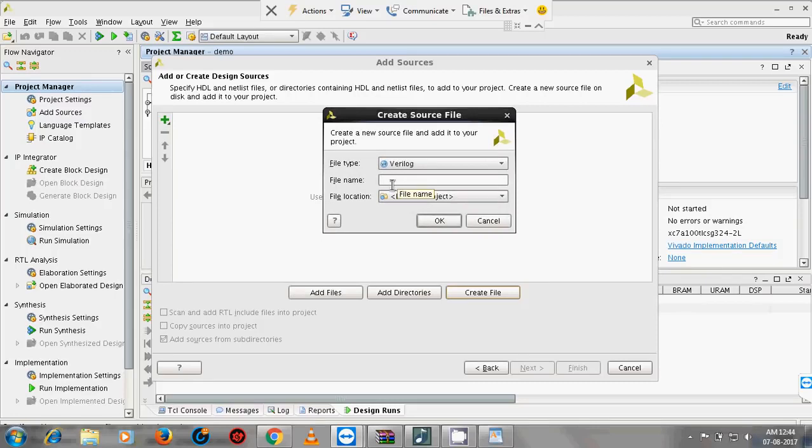So give the name. Here are the options: Verilog file, VHDL file, SystemVerilog file. So there are options for which file type you are using. I am using Verilog file. You can also choose VHDL file if you have VHDL coding. So here I make the name demo or any counter